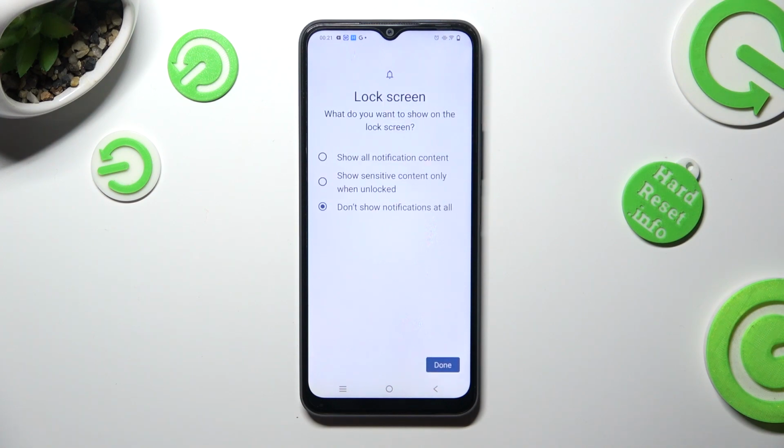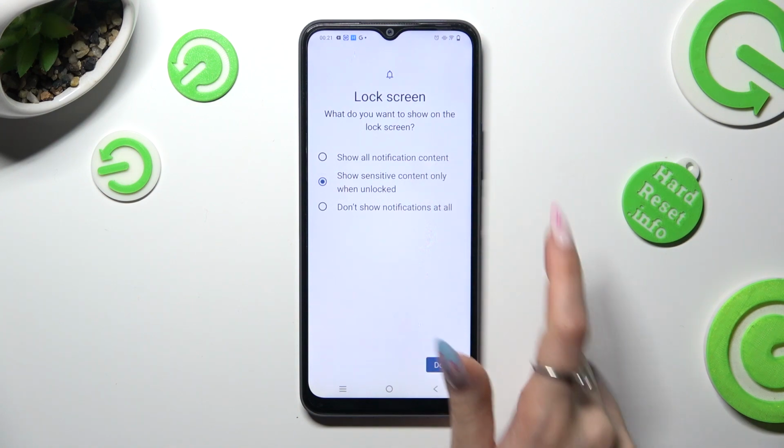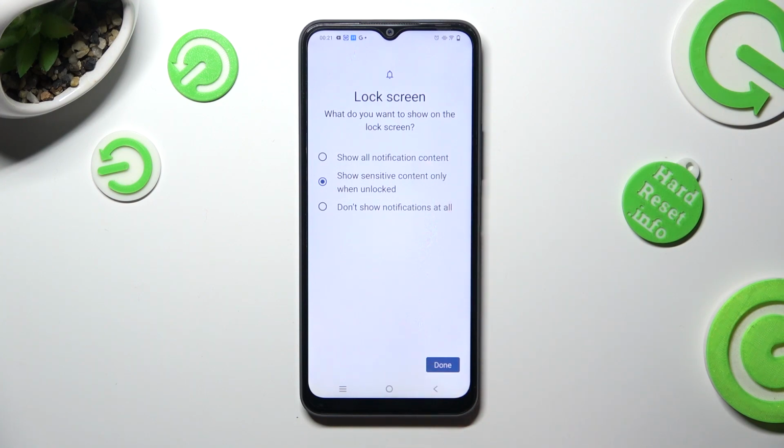Lastly, click on one of those options to pick the best one for notifications on your locked screen. Show all notification content, show sensitive content only when unlocked, or don't show notifications at all. I don't want any, so I will go with the last option and tap on Done at the bottom right